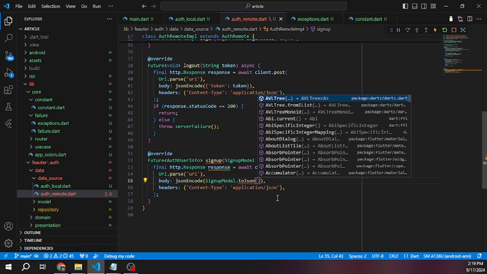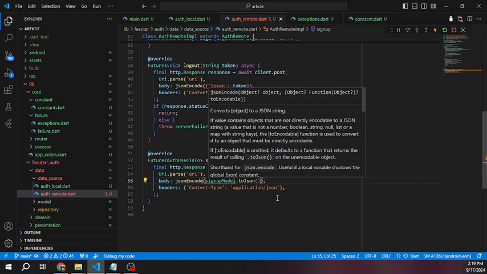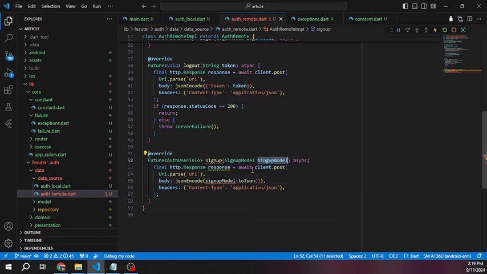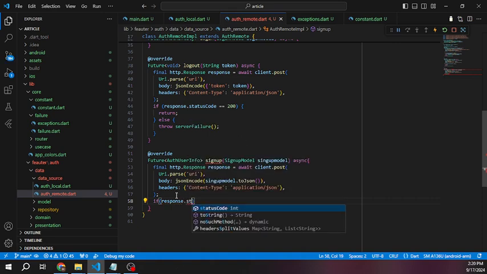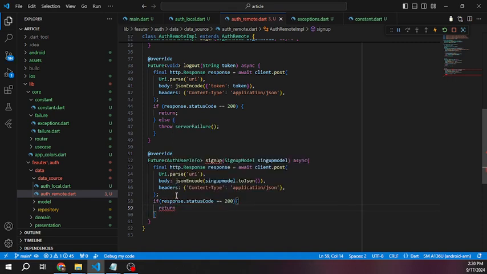Did I miss something? Oh, sign up model to JSON. Our header is going to look like this. I think we don't need anything. Then we are going to check if our response is 200 or not. If response dot status code is 200, what we are going to do, we are going to return